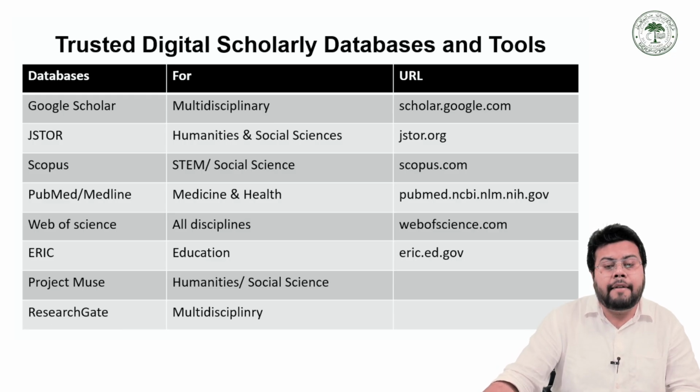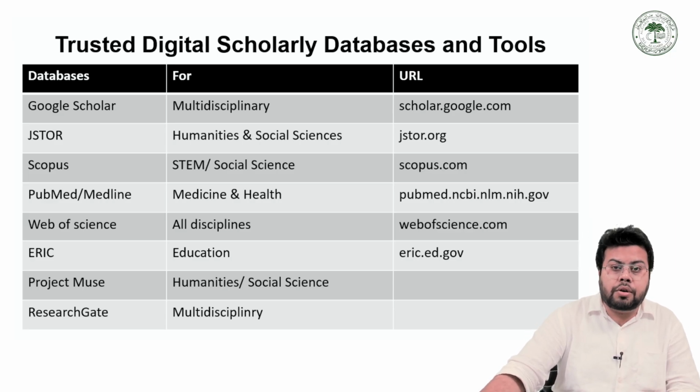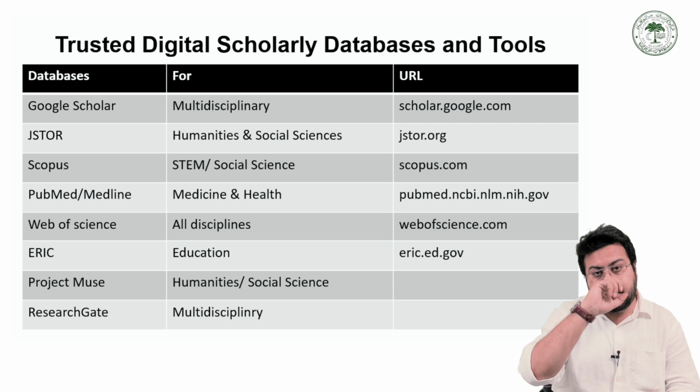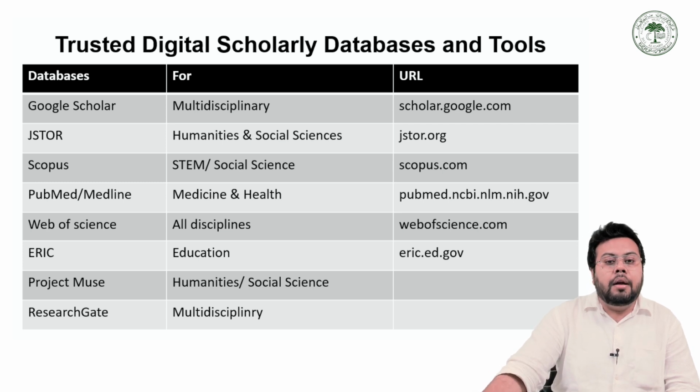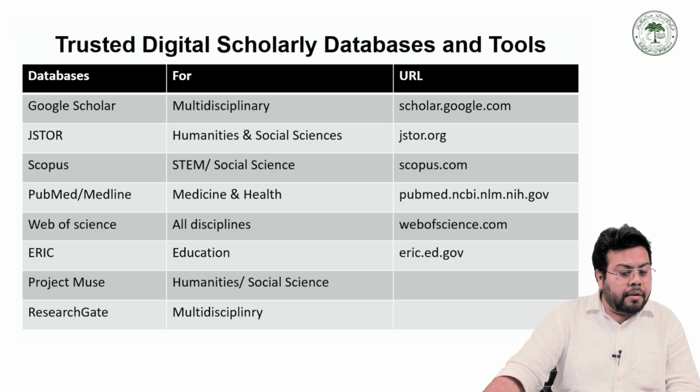Now, today researchers have access to many trusted academic platforms such as Google Scholar, JSTOR, Project MUSE, and university digital repositories. These platforms provide access to books, journals, articles, theses, conference papers, and research documents that are often reviewed and produced according to academic standards. Using such sources strengthens research quality significantly. For example, the databases that we have in line, the first one is